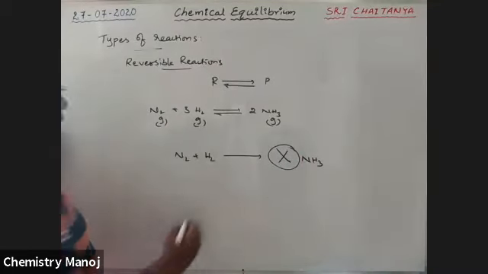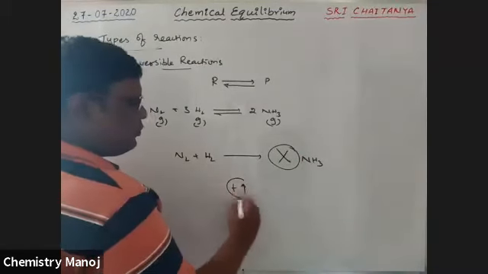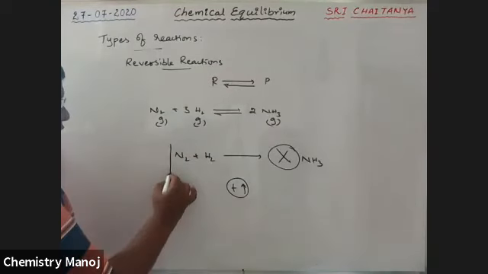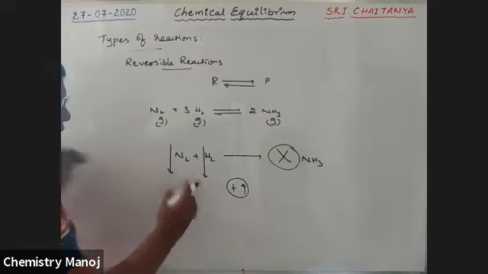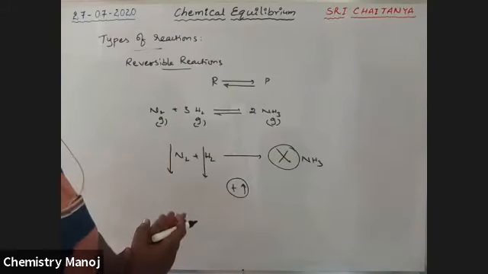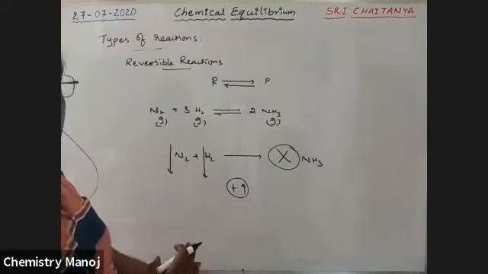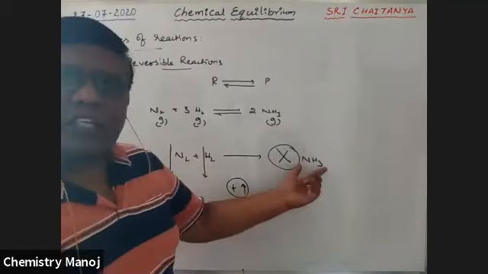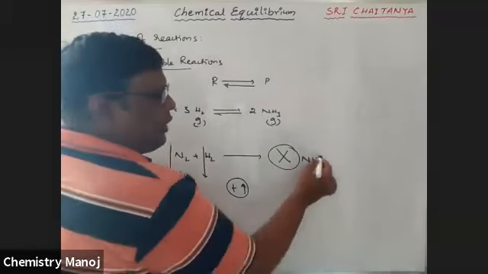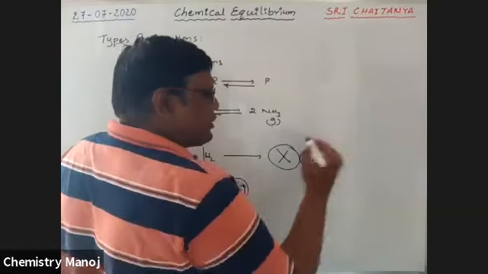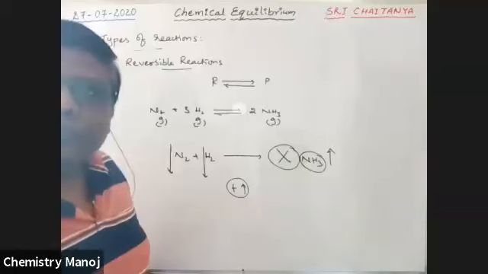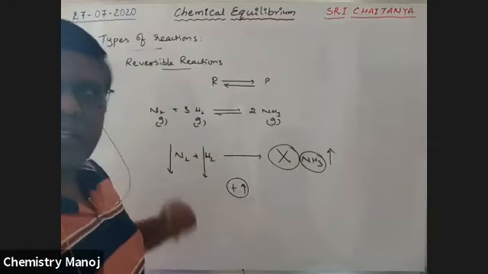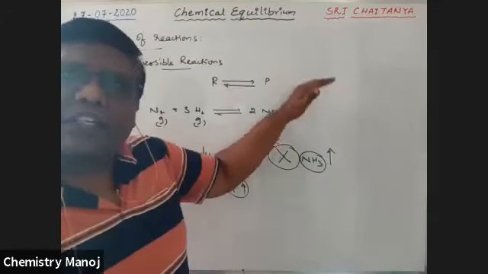As time increases, the concentrations of these reactants slowly decrease because they interact with each other. Because the reaction takes place, some fraction is automatically converted into ammonia. As time goes on, the percentage of ammonia in the reaction slowly increases. During the course of the reaction, the concentration of reactants gradually decreases and the concentration of products gradually increases.